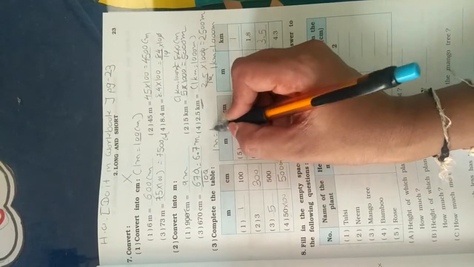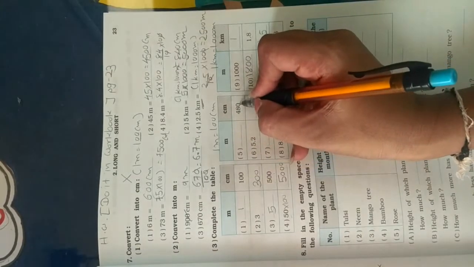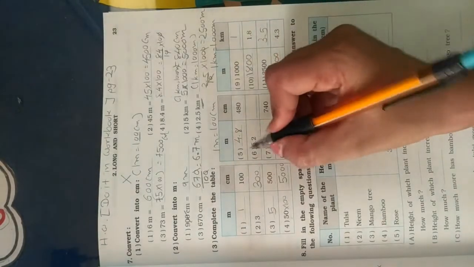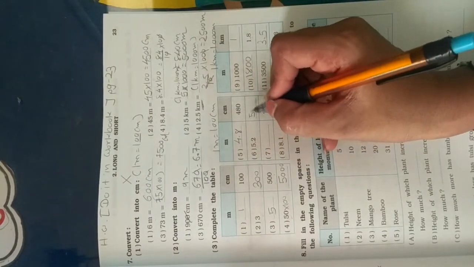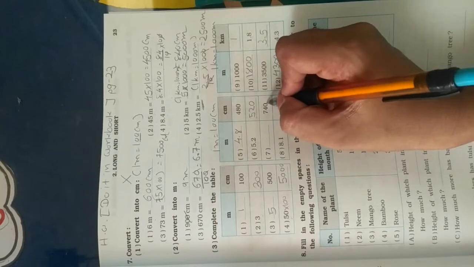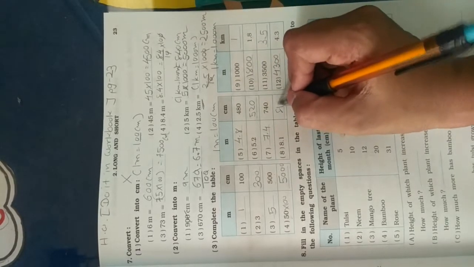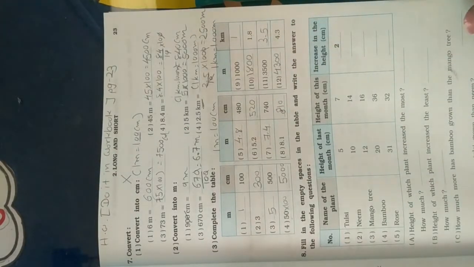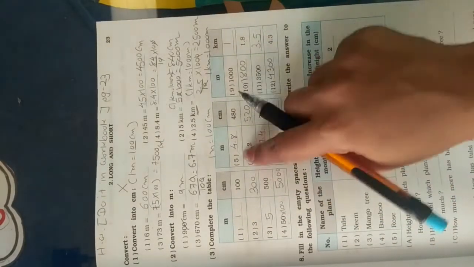Same thing we will do it for the 5, 6, 7, 8, but for that we have to remember the equation 1 meter is equal to 100 centimeter. So here is 480 centimeter. So what will you do? Only 1 0 is there, तो एक decimal point आएगा 4.8 मीटर. अगेन हियर यू विल फाइंड आउट द डेसिमल पॉइंट. तो 1 0 रिड्यूस करेंगे एंड 520. अगेन 1 0, 7.4, 810. Okay, so this is the way we can complete the table orally.